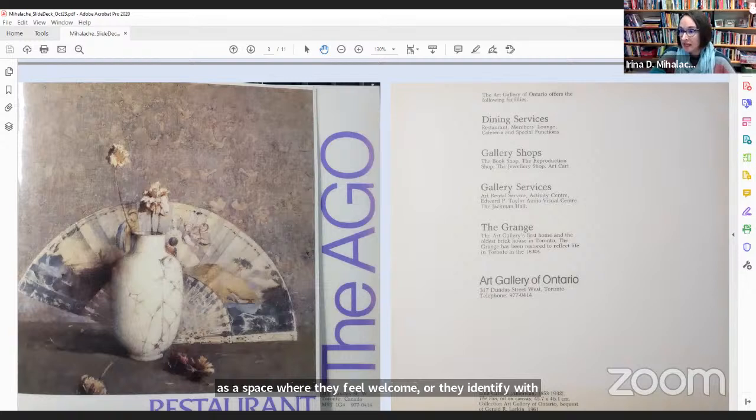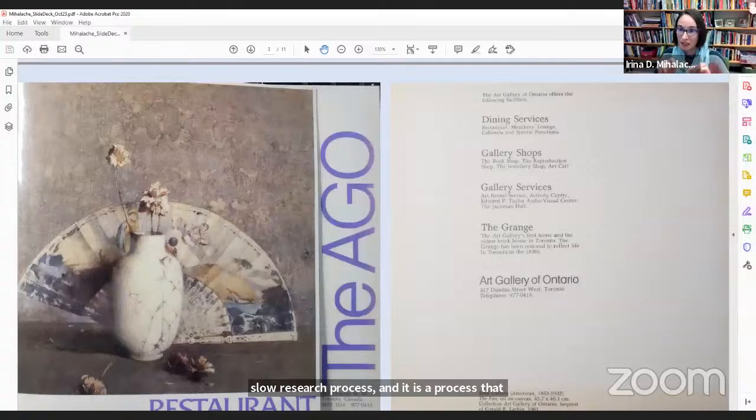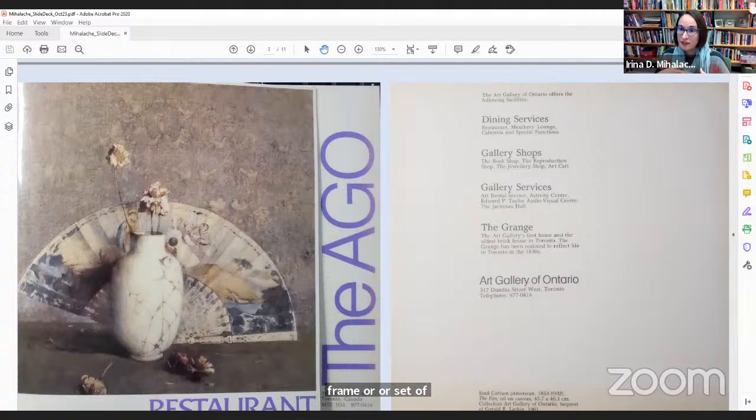So needless to say, thinking with all these lenses and frameworks and layers is part of what I call a very slow research process. And it is a process that requires thinking about a triad, which is a context, a human, and the material culture. And this thinking needs to happen together, at least if I'm to achieve some of my research questions and my research goals. And I find that thinking through this triadic frame or set of frameworks allows me to challenge something that really